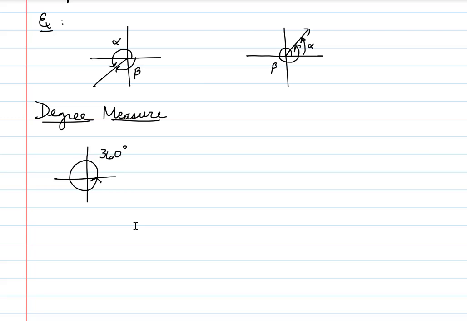Most people already know this intuitively. The definition of 1 degree comes from the fact that the whole revolution is 360 degrees. So 1 degree is going to be equal to